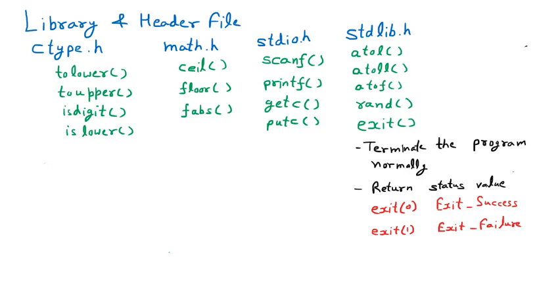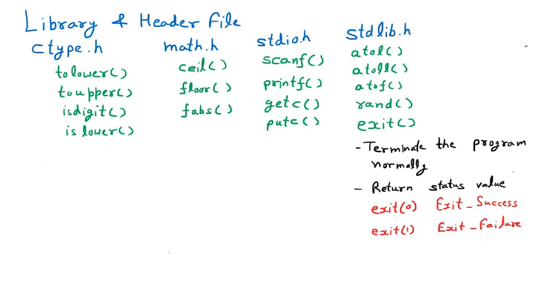But if anywhere you are applying exit 1 or something, the meaning is that it is in between. The program was supposed to complete the task, but it is not completing it, and in between your program is going to exit. So that is the exit failure. If your program is completed successfully, it is exit success. If the program is not completed successfully, it is exit failure. So in both conditions, the program is going to exit.